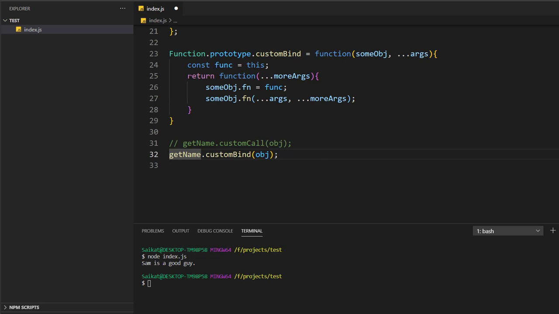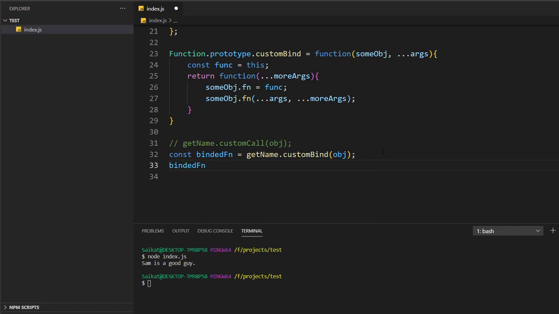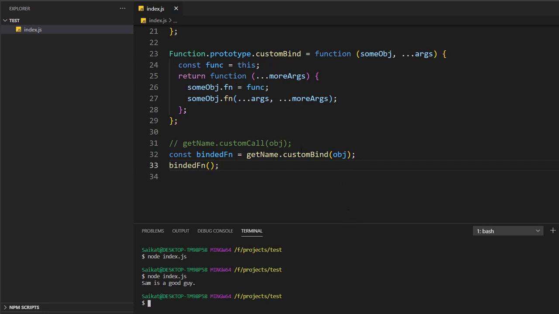Because this function is returning me another function. So I'll just name it as custom bound function, or maybe bindedFunction. Now in order to call this function I need to write it like this: bindedFunction(). That's it. So let's call it.